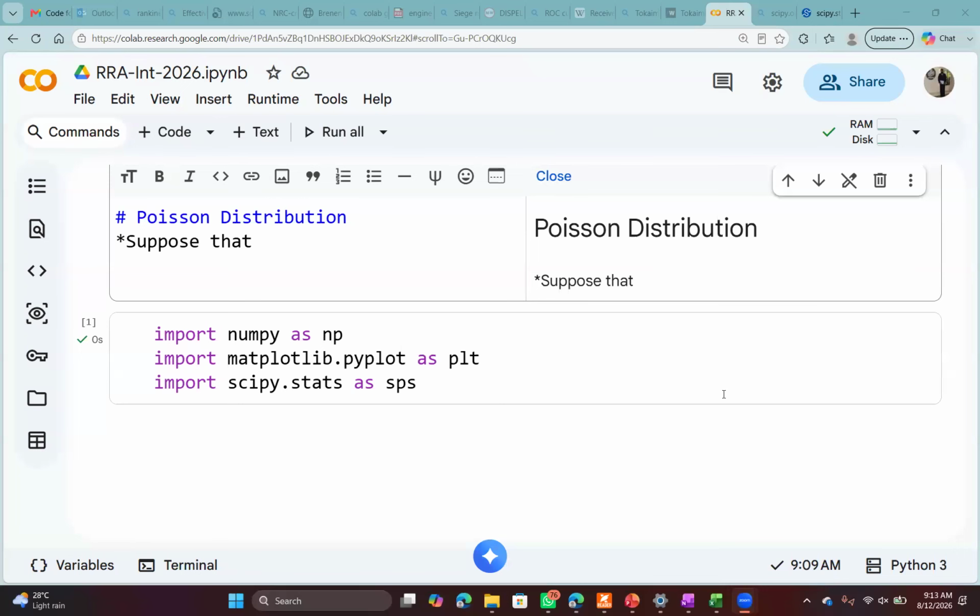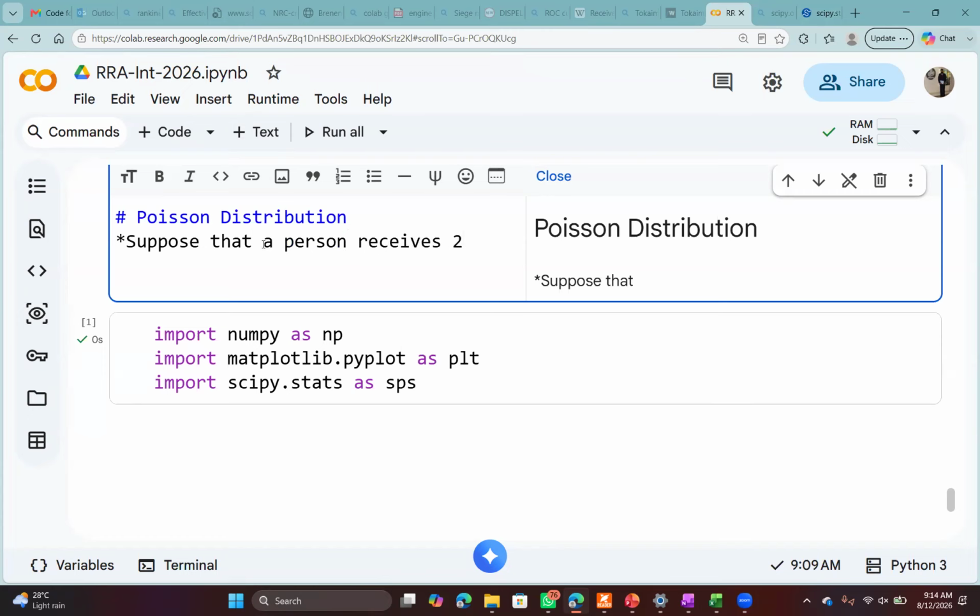In this session, I would like to demonstrate the calculation of Poisson distribution probabilities for a problem, and I will use the Python functions provided by the scipy library. So let's define a problem. So suppose that a person